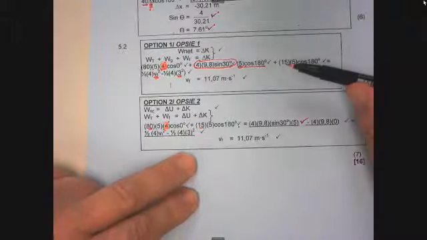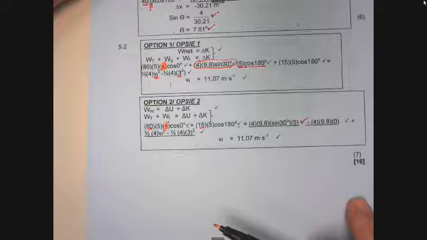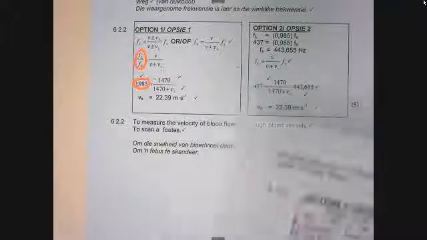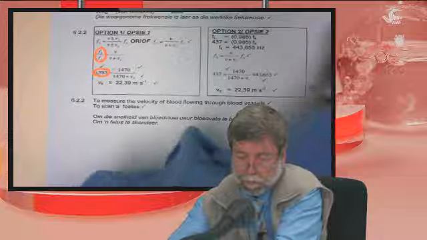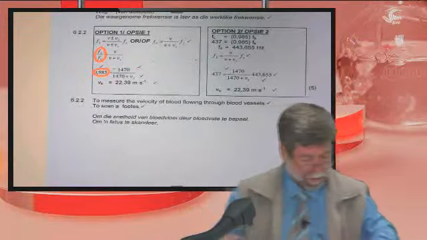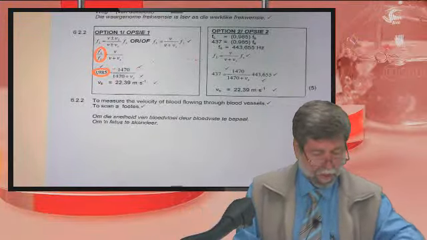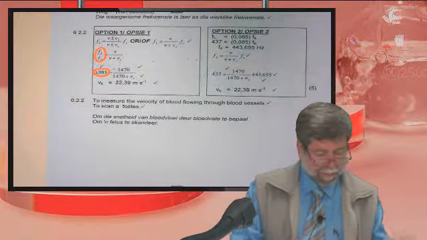The comment of one of the learners that I've got was the paper was okay, but he struggled a little bit with question 5.1.3 and 5.2. I don't think that was the general feeling on question 5. Right, that is question 5 now, and we are going to move on to question 6.